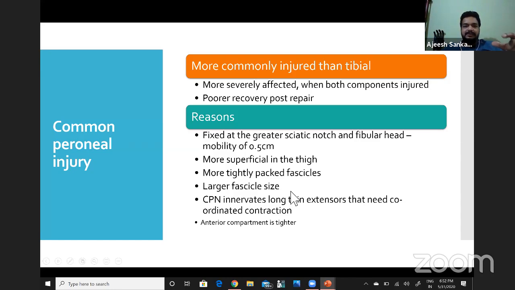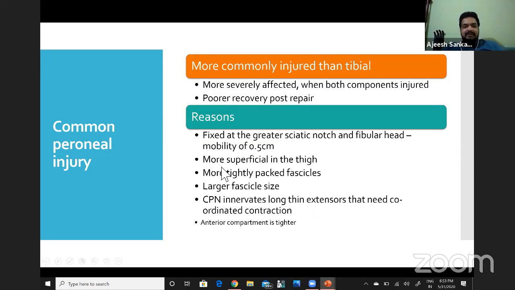The fascicular groups of the common peroneal are also larger, which means that they are also more prone to compression by Laplace's law, which would mean that with a larger size sphere, a greater pressure is actually required to maintain the intraluminal pressure. So